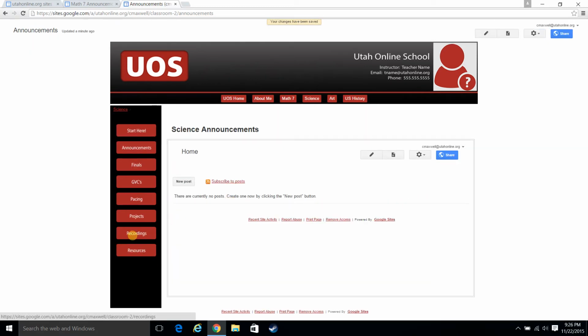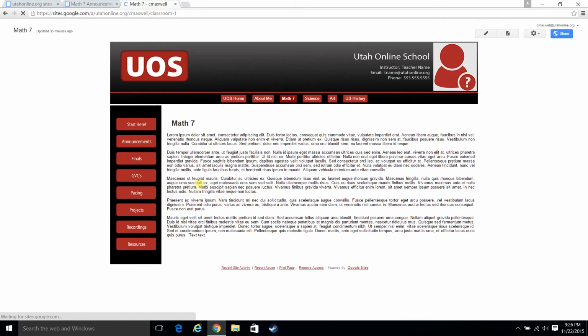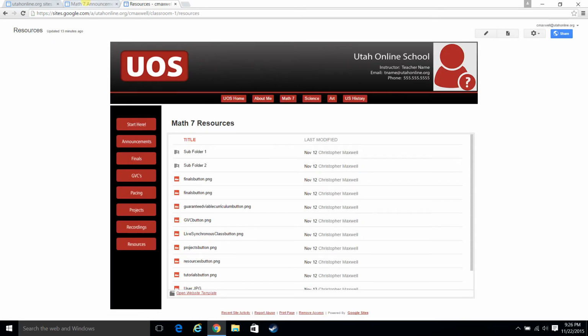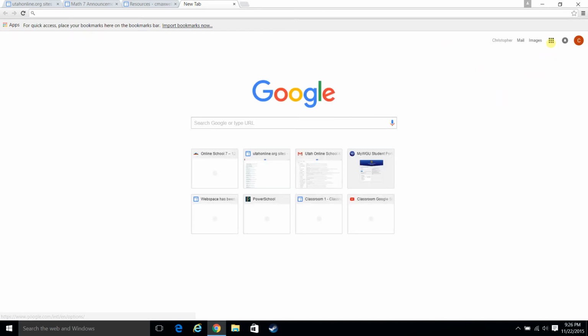And then from here, I'm going to show you how to set up your resources tabs. Let's actually go back over into Math 7, go to resources, and this one is actually inside of your Google Drive. This links to a Google Drive folder that you'll need to set up from your Drive account. So I'm going to hop over to my Drive,